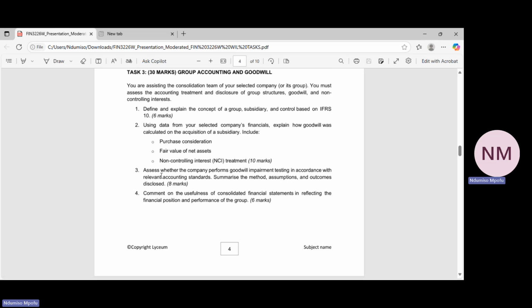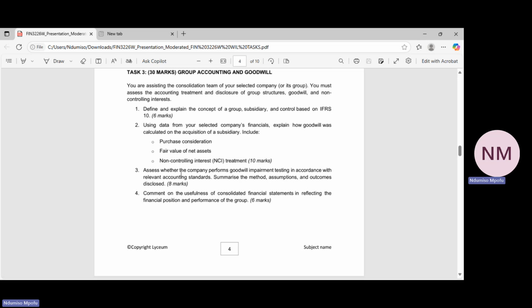Then number 3, assess whether the company performs goodwill impairment testing in accordance with relevant accounting standards. Summarize the method, assumptions, and outcomes disclosed. For question 3, I will advise that sometimes it can be challenging for you to determine this using the financial statements that have been presented online. So what you can do, you can just